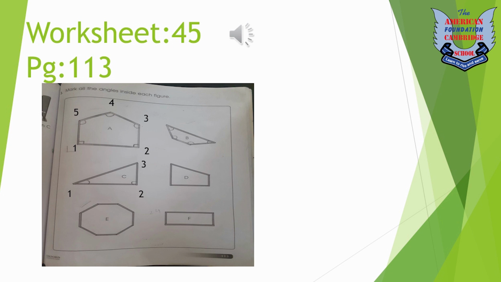Now come to figure B. Here there are four angles because we have four turnings in this figure. So we basically have four angles here because there are four lines and they are meeting or cutting each other at one point. So an angle is formed here, and we don't have any right angle here because no line is straight above any line. I am leaving C, D, E and F for you to solve.